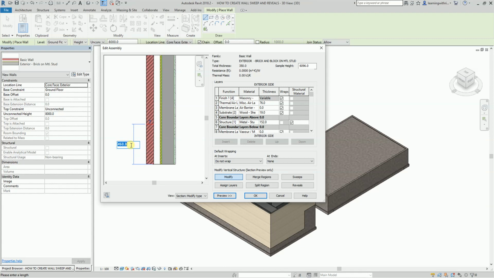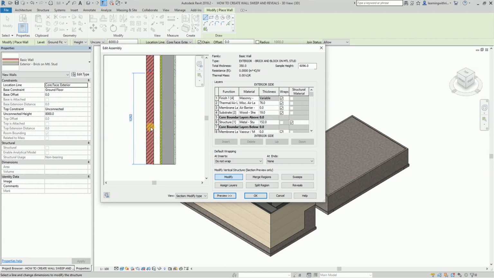Okay, let's say 1050, enter. There you go. Okay, so that's why sometimes you may need to select the modify and then the split region several times for you to be able to flip that one and modify the dimension here. So after you change the dimension, the next thing that we need to do is we're going to